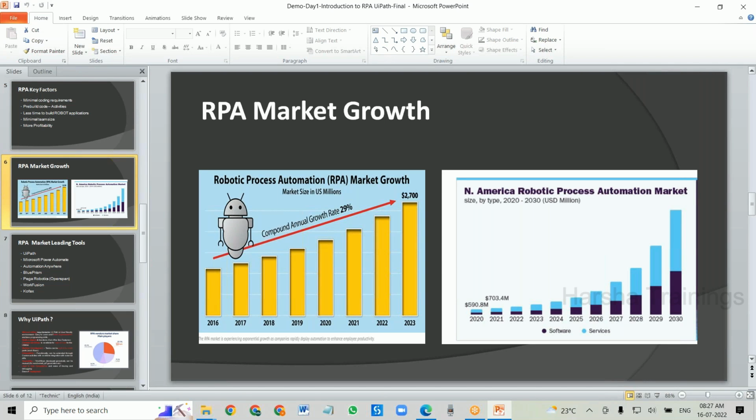If we consider the RPA market growth over the past 5 to 6 years, it is continuously growing every year. From 2016 to 2022-23, the projections are shown in the last graph. The market is growing every year, and if you see the projection for the next 10 to 15 years, it is going to grow still more, because